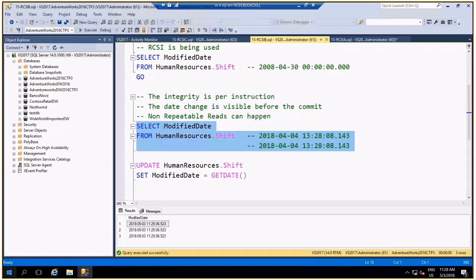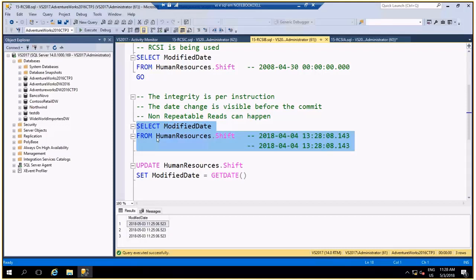I tried to read the same information twice during the same transaction. The information comes different. So the snapshot isolation avoids this kind of problem, but the RCSI doesn't avoid this kind of problem. Is this really a big problem?